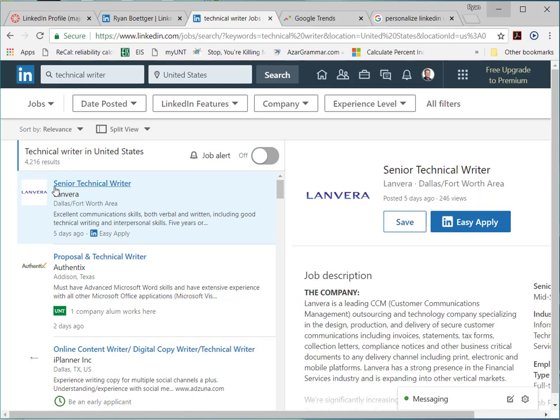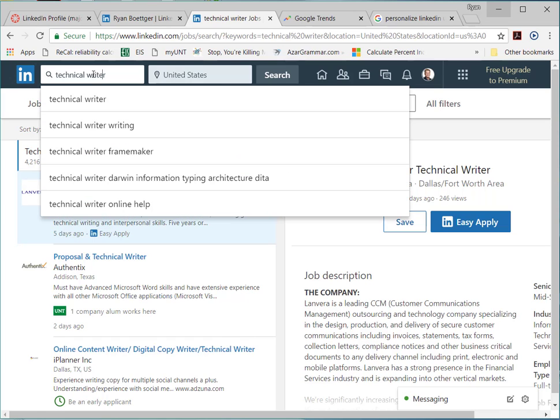But this is helpful for me because if I'm crafting my LinkedIn summary that I know is based off of natural language processing and has a type of LinkedIn algorithm, I know that if people type in technical writing, good chances that I'm going to be in a pool where I'm going to come up somewhere. So I might want to enhance what I talk about in terms of my technical writing skills within my LinkedIn profile. To show you a contrast,